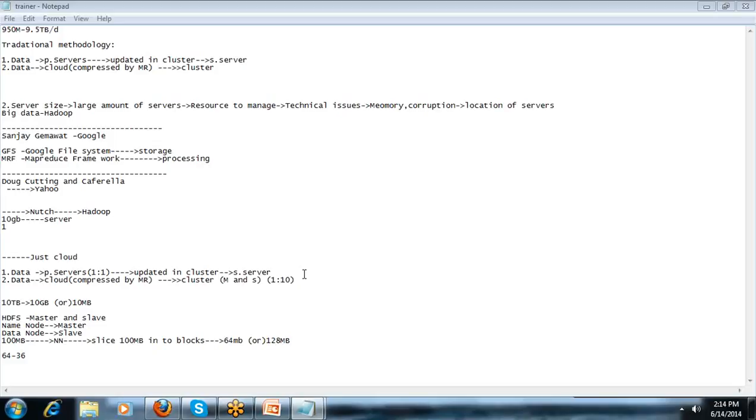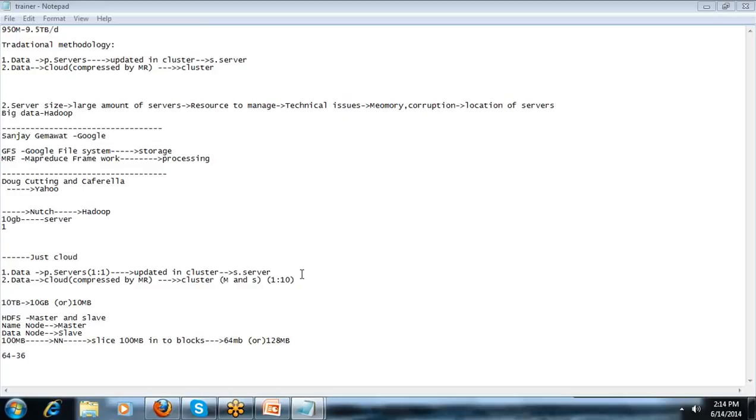So this is the traditional technology which we are following right now. So now comes big data. Consider a real-time scenario: Facebook. It is estimated that 950 million users around the world are using Facebook. A person might have one account or two accounts, whatever it is. It's considered 950 million users are using Facebook every day.